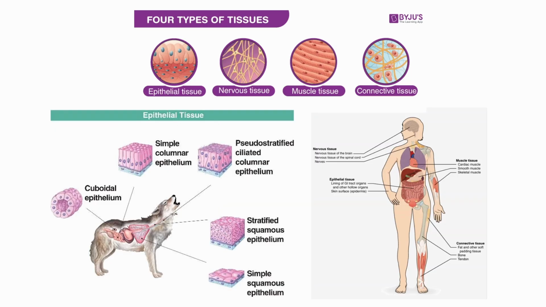So again, our main goal for VETA 105 or microscopic anatomy is to be very familiar with these four main types of tissues. At the end of the semester, our goal is to be able to identify and classify these four main types of tissue.